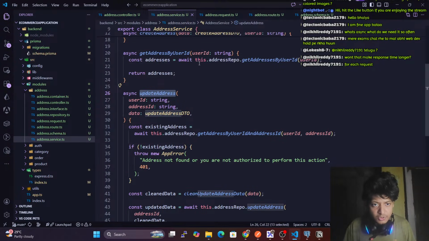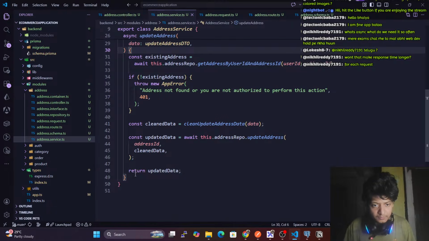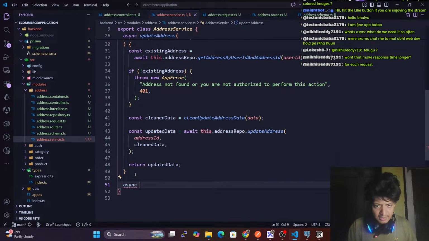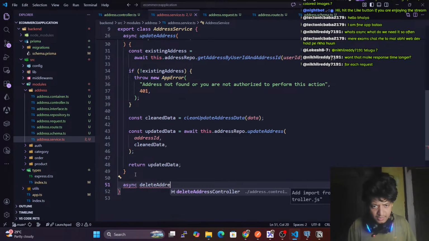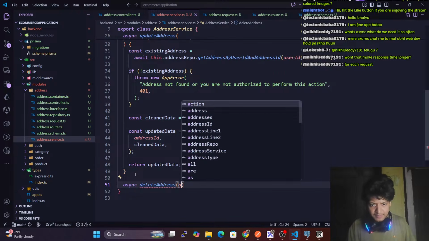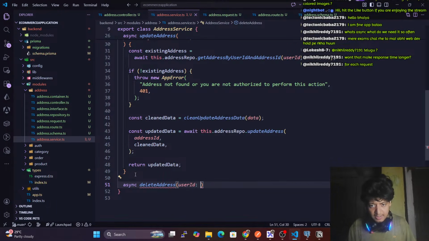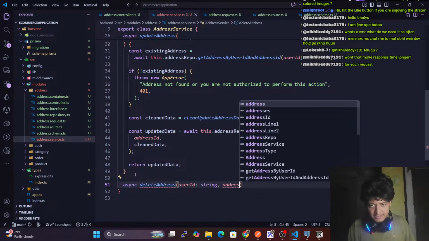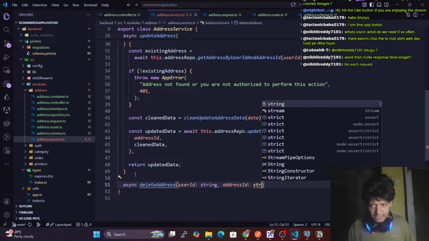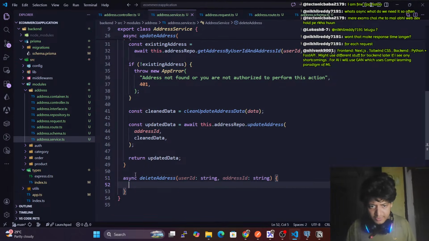So in the service we have this function. Here we can do async delete address, pass the user id of type string and pass the address id of type string. We have this. So after deleting the address,